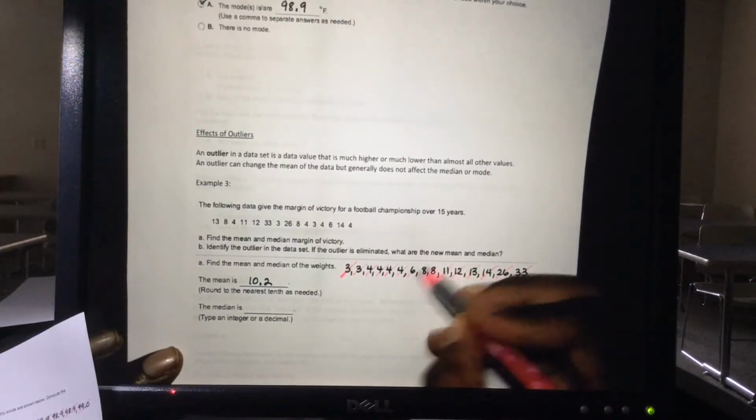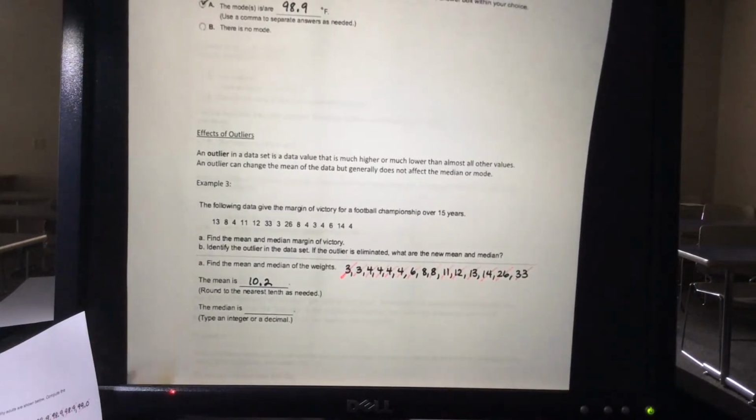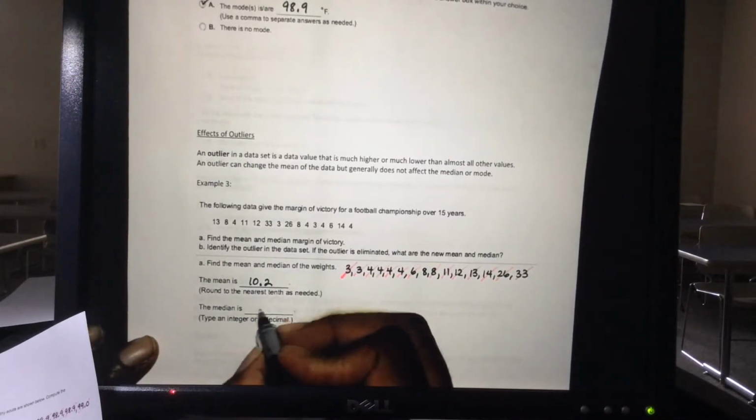In this case, it's 8. Okay, so here the middle number is 8. So the median of that data set would be 8. Okay, now on the next page